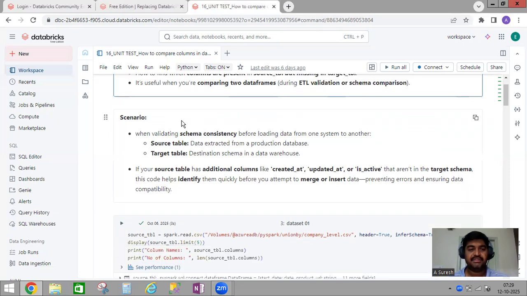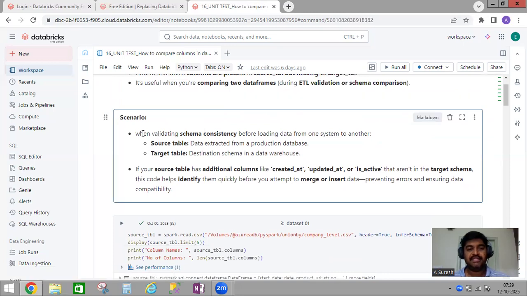So we'll see the scenario: validating schema consistency before loading data from one system to another. The source table is data extracted from your production database, and the target table is the destination schema in the data warehouse. If your source table has additional columns that are not in the target schema,